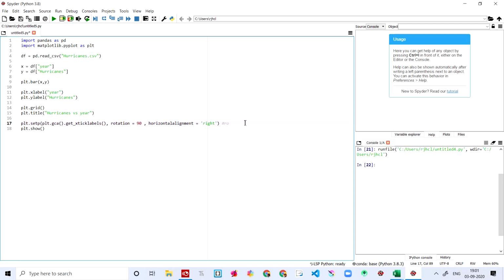I'm saying rotate axis labels. So here we're going to rotate the axis labels. We have set the alignment and the rotation of it. And then you're showing the data over here. That's all. It's like printing the data. So it will draw a graph like this. Let me just show you over here.